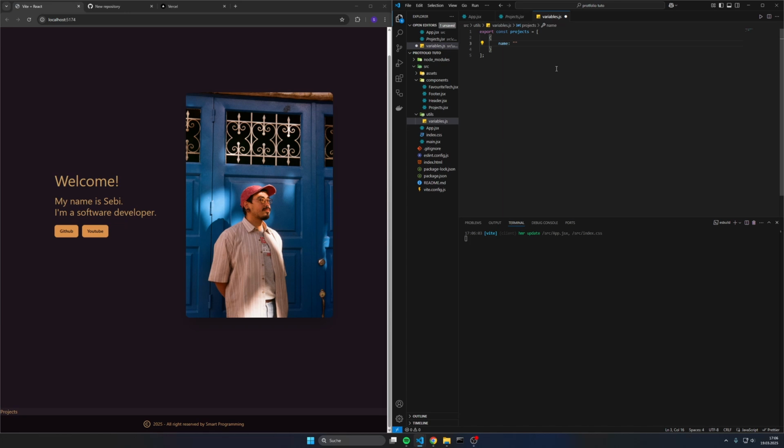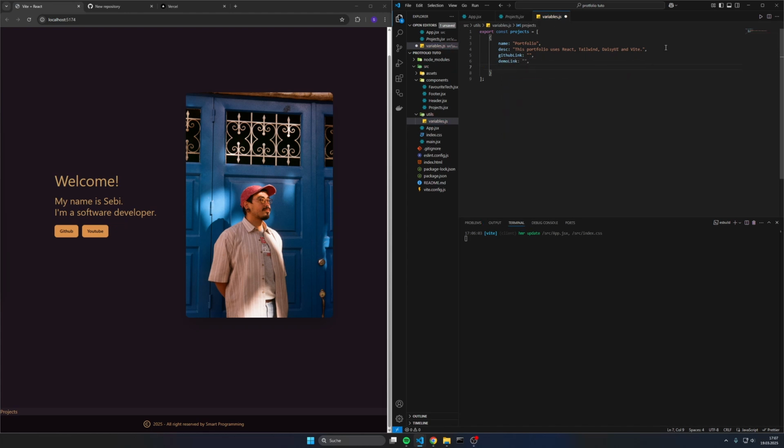So our project needs a name, this is a string, and we can call it portfolio, and then it needs a description for this project, right? And then after the description we need a GitHub link, so the company can look at the code which we wrote for this project. And then if we deploy this project to a website, we could add a demo link, so a link to this deployed